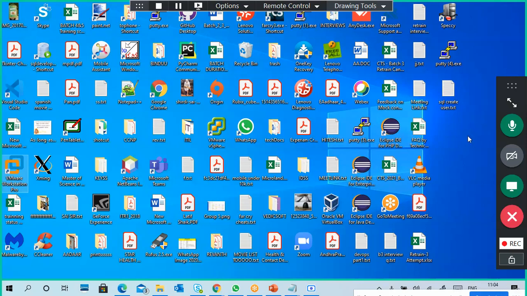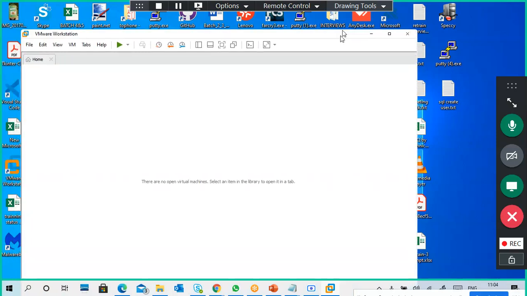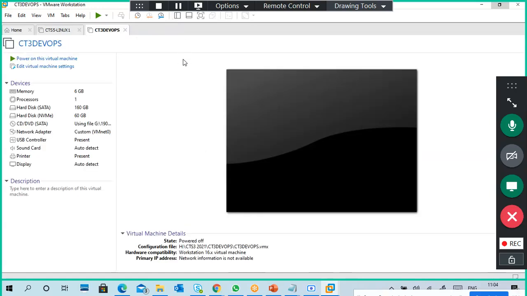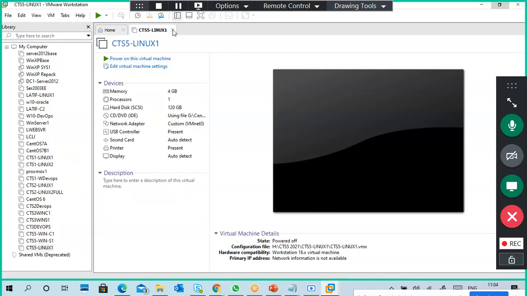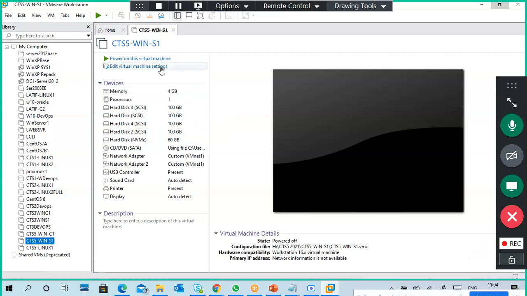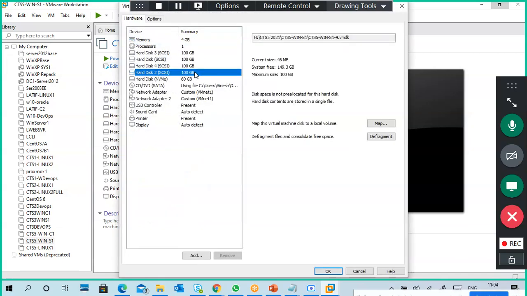You can use your physical machine, your virtual machine, or maybe a server also. Any machine you can use. So here I added a hard disk. What hard disk is it? It's not a physical hard disk, right? We are adding a virtual hard disk only.